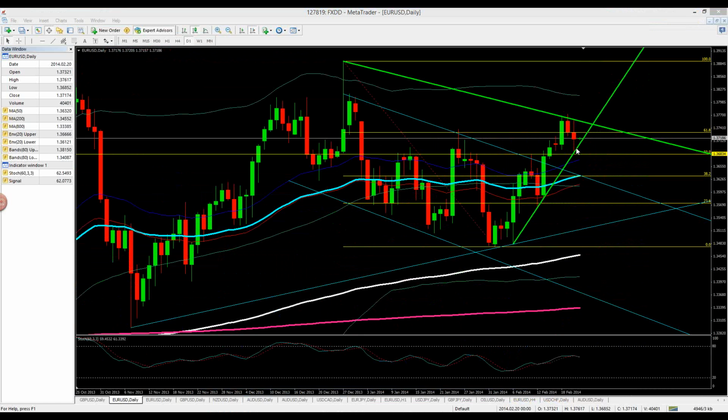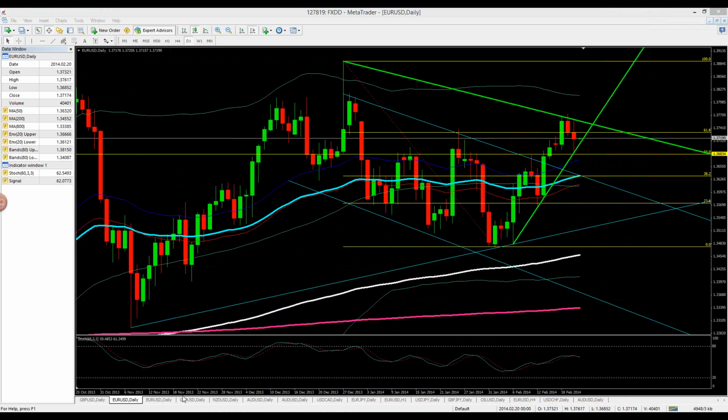We do have the FOMC meeting minutes that will take place tomorrow at 1:45, and so that would probably be the only news that we could possibly see some movement on. I don't have a clear bias as far as the euro dollar is concerned. Right where we are, we have strong support, strong resistance, and we could see some interplay, and we don't have a tremendous amount of news to get us out of that. So we're not going to call anything on the euro dollar.